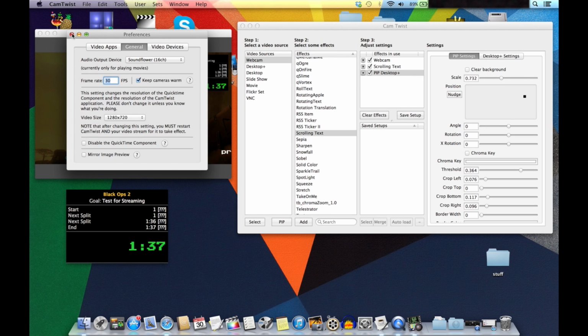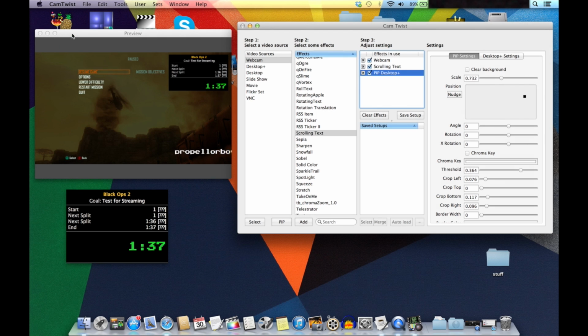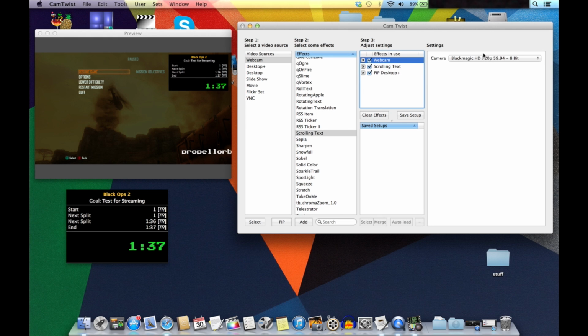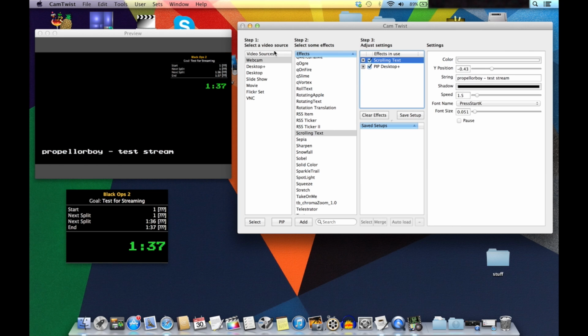So basically right now we have set up our camera feed. Now the one thing that I have not gotten to yet is exactly what to do if you have something like the APOG HD PVR or perhaps the Dazzle, in which your webcam, which is like your actual video feed, doesn't show up in this particular box here, okay? So if that's the case, what we're going to do is